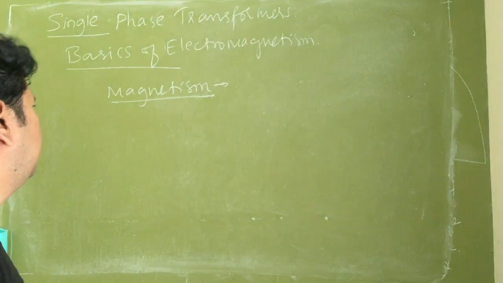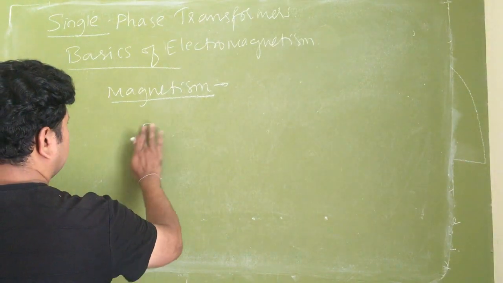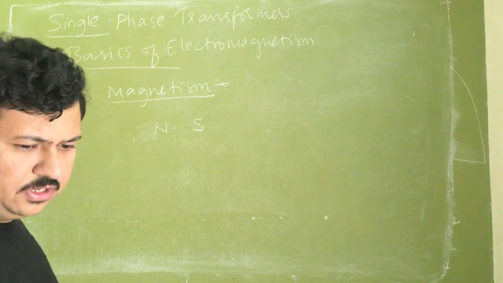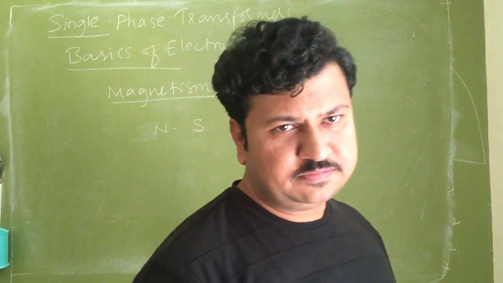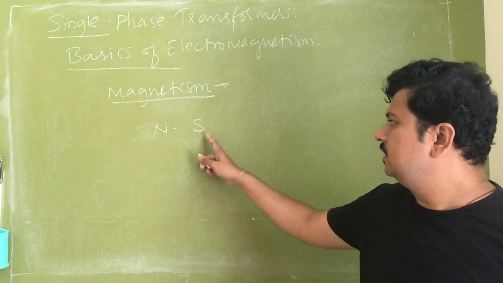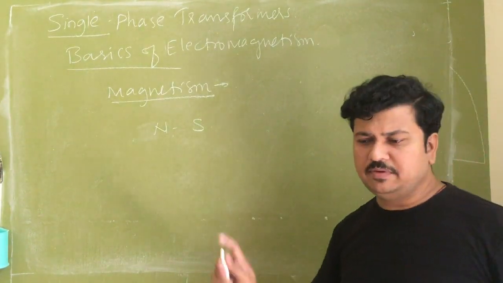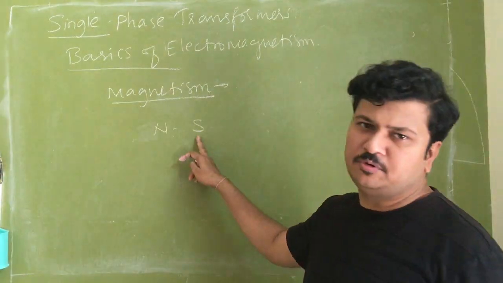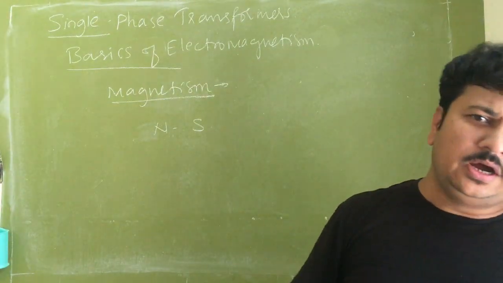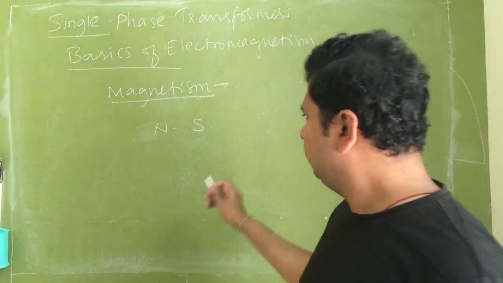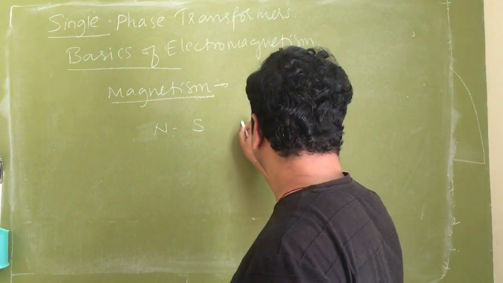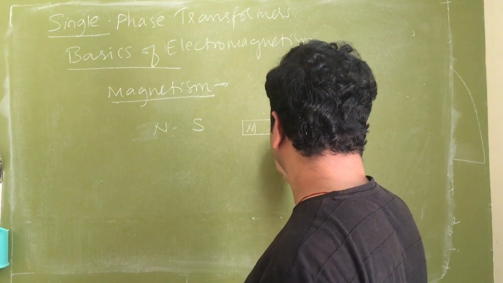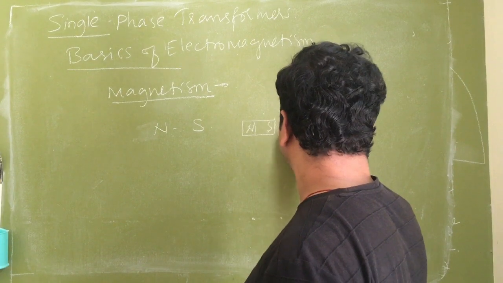And we know that any magnet has two poles, north and south. Okay, so there is no unipolar magnet in existence. The magnetic field always occurs with dipoles, that is, one will be north pole, one will be south pole. When I cut the magnet into two pieces, automatically dipoles are formed. Okay, we know this already, we have studied it in our high schools. Now if this is north, this is south, and when I cut this, this will become south, this will become north.